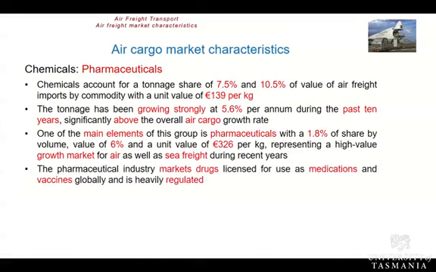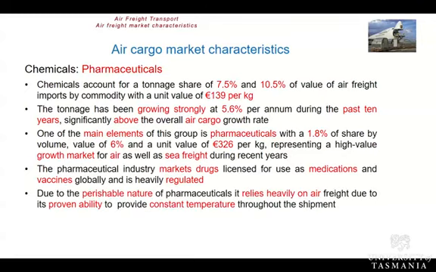Now, when we talk about the pharmaceutical industry, what we're talking about is an industry that markets drugs globally. So they're moving vaccines and medicines around the globe. And it's very heavily regulated. And that's one of the main reasons why perishables lend themselves to the air cargo sector, because of their perishable nature. So the movement of pharmaceuticals is under a strict regime, and anybody that does that has to provide proof